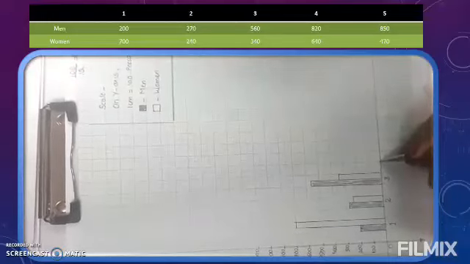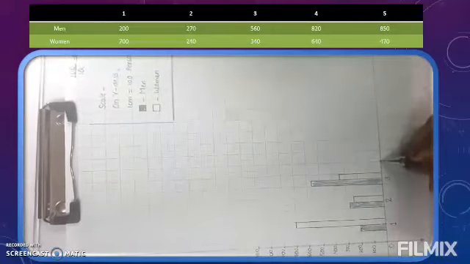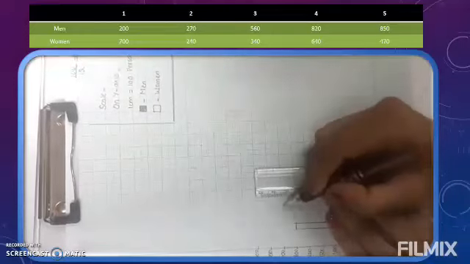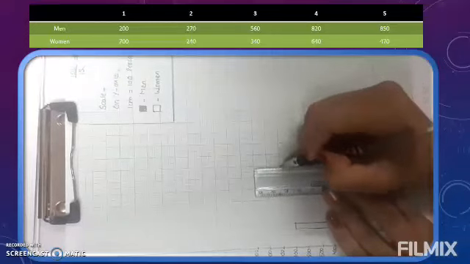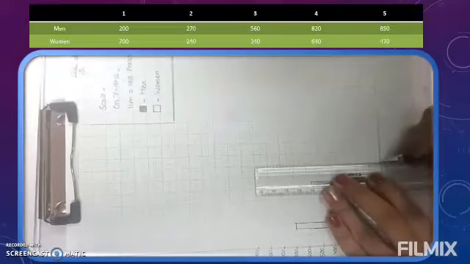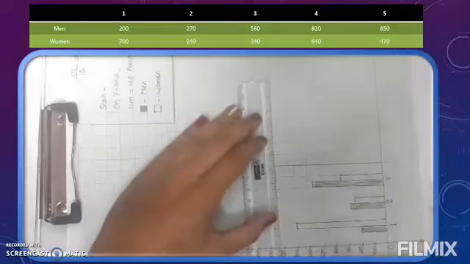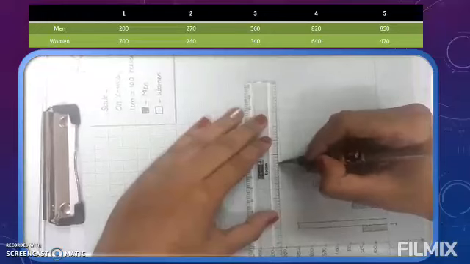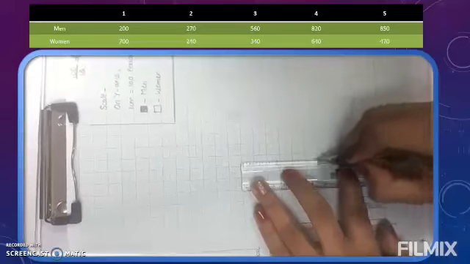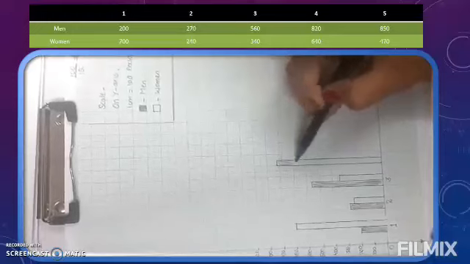Now proceed ahead. Again we will start from next darker green line. Fourth booth. Number of men they have shown 820. Now we'll see. Keep your scale over here. 800 is here. 820 means second thin line. Means we will plot one point here and extend your darker green line till second thin line after 800. Then join this second thin line with the fifth line. Then join it. Hope all are getting how to do. Now as this bar is showing information about men, so we will shade it.